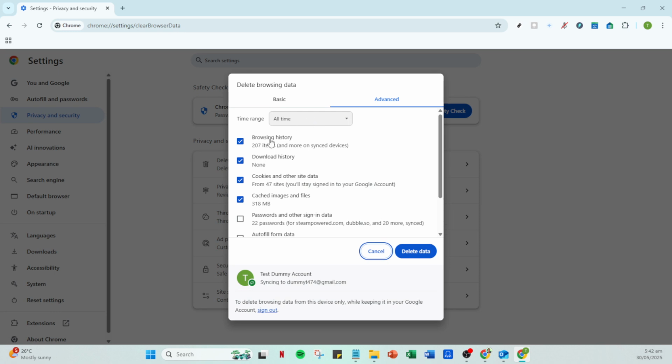Make sure the time range is set to all time. This ensures that all browsing data, not just the recent activity, is selected for deletion. This setting will help you remain logged out of Gmail every time you close Chrome, safeguarding your account from any unwanted access. Now, within the same window you should see options to select the type of data you wish to